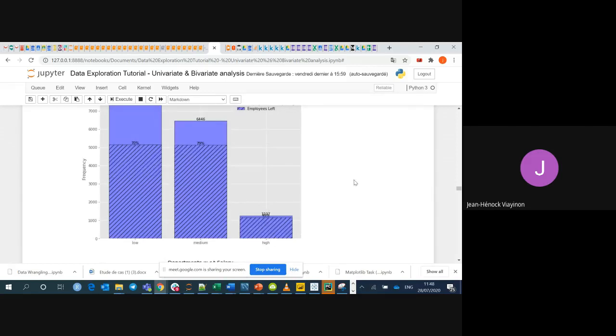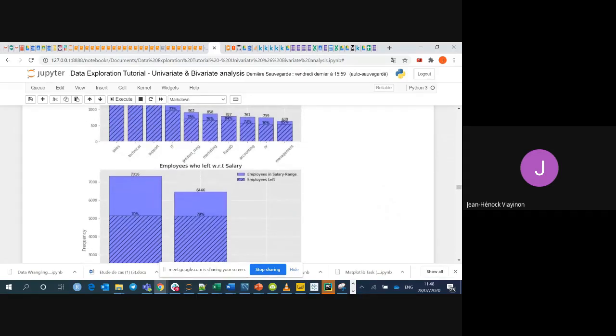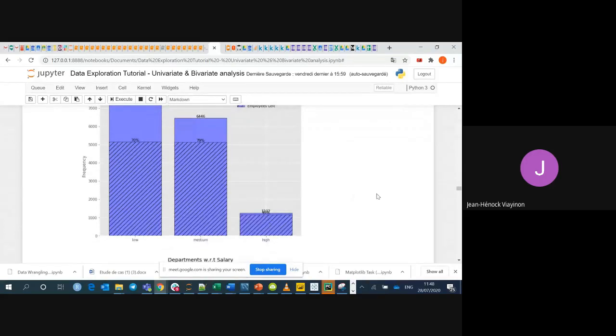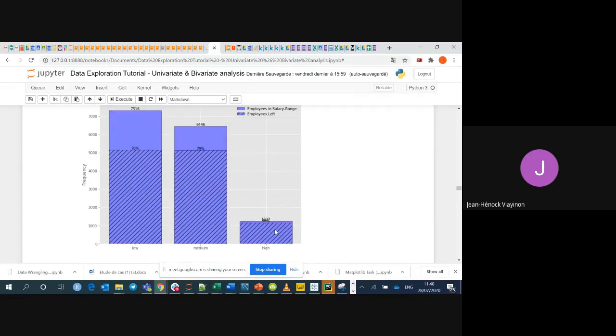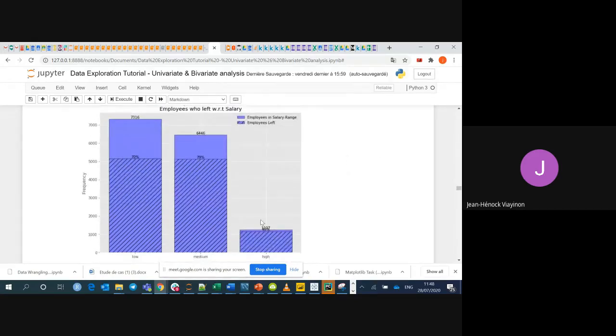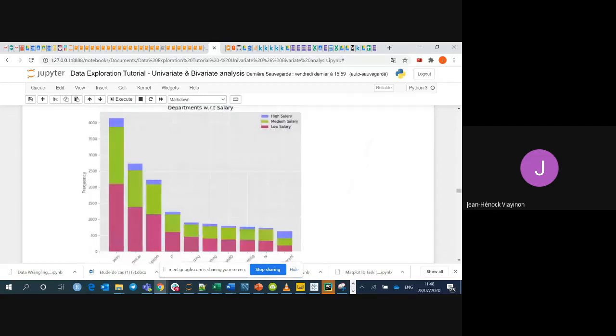It makes sense to think that when you are in the management team, you will have a great salary, a huge salary. So there is some correlation between this management team leaving and the high level salary leaving status here. So if we have this and we have also this, can we think about the next step for the analysis? Yes, we want to see now what is the relation between the department and the salary. So we are about to see this one here.